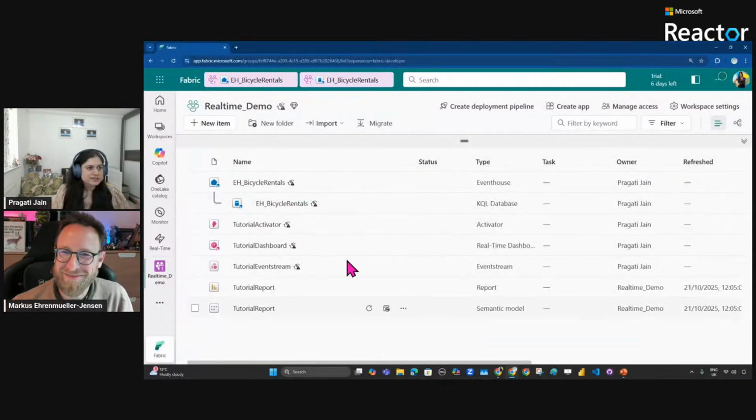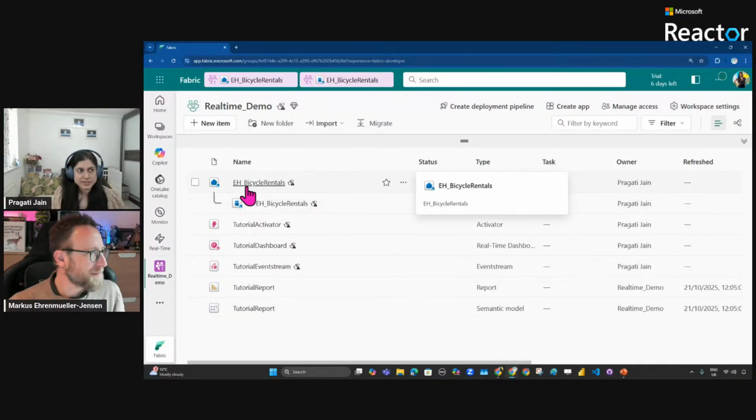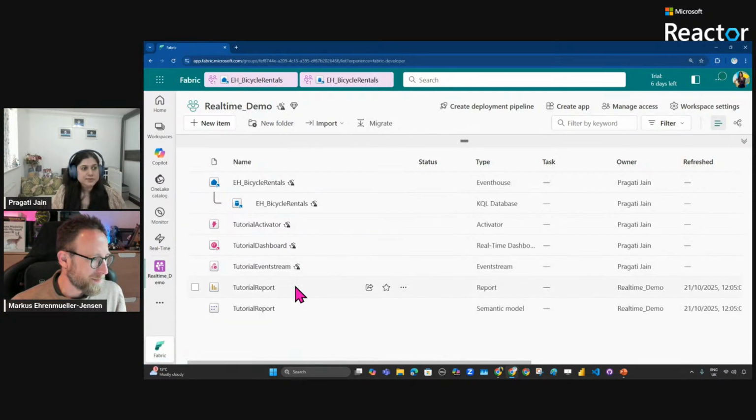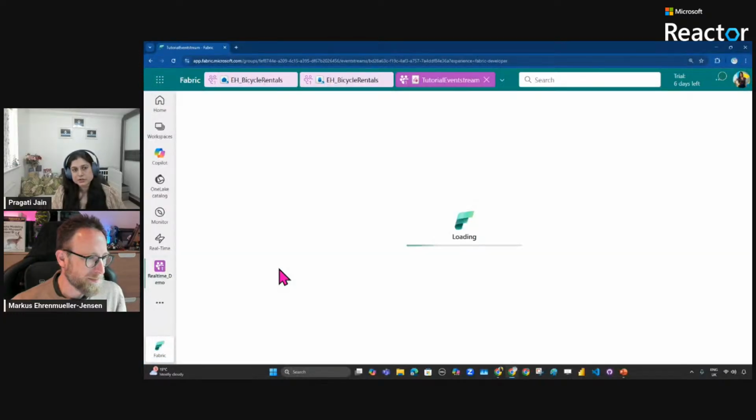So this is a very simple demo I created using basically publicly available sample data for creating streams within the Fabric environment. And that data is around bicycle rentals. So what I started with was creating an event stream. What the event stream does is connect to my sample data. Let my event stream load.